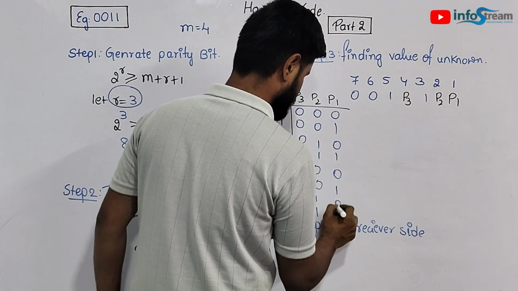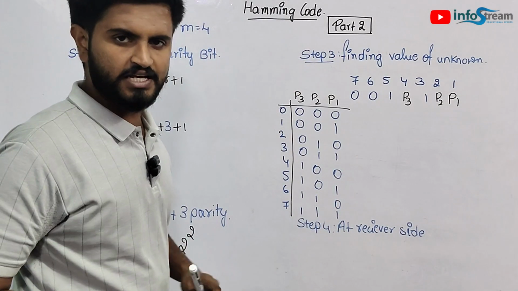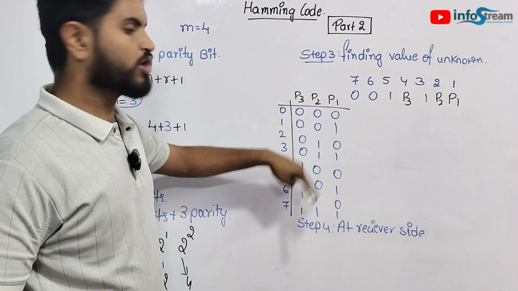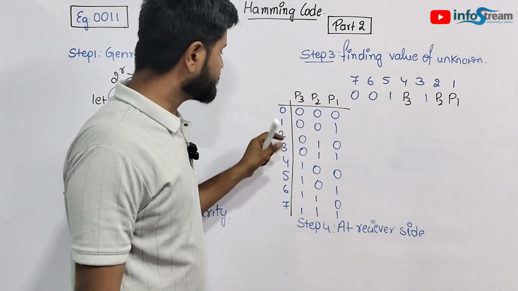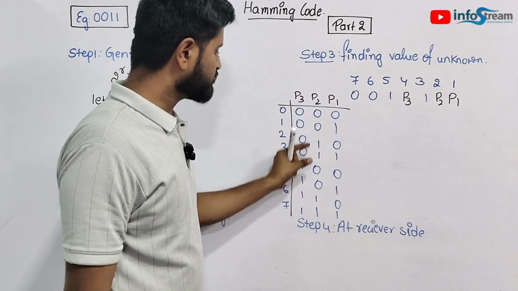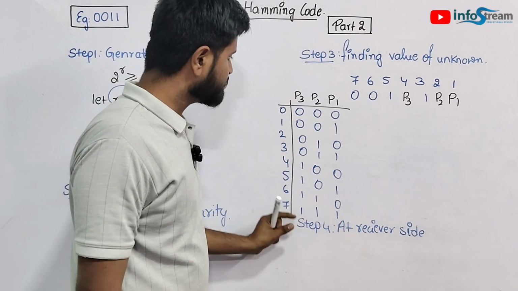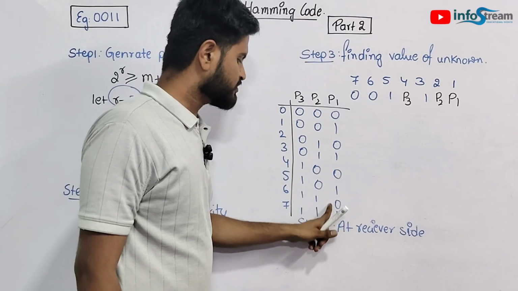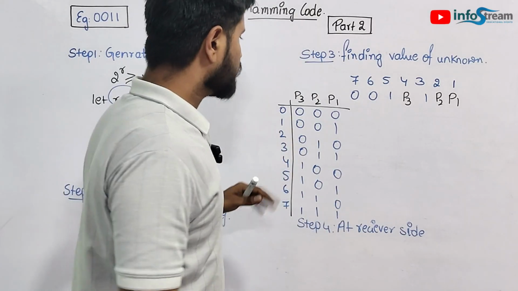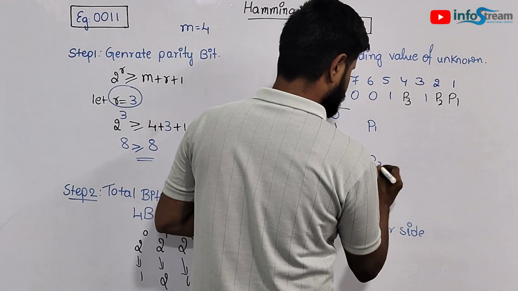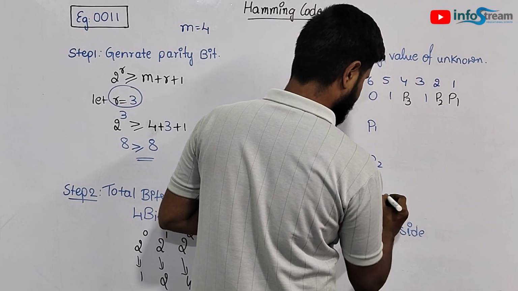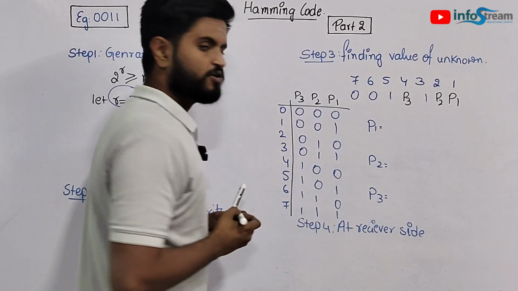1 0 1 0 1. So if you have studied digital electronics, you will know the short trick to write the possible combination for three inputs. Three inputs means 4 zeros and 4 ones, then 2 zeros and 2 ones alternately, then 0 1, 0 1, 0 1, 0 1 alternately. Now what you must do is take P1 separately, P2 separately and P3 separately and write the values which are